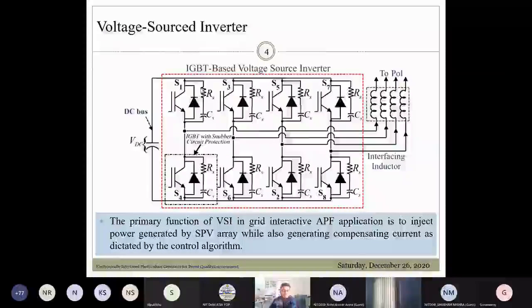Here I have used the anti-parallel diode connected across the IGBT switches. The fundamental reason for employing this anti-parallel diode is to provide the freewheeling path during the energy discharge in case of inductive loads. Here a small resistor is connected in series with this ceramic capacitor. So this makes up an RC snubber circuit.